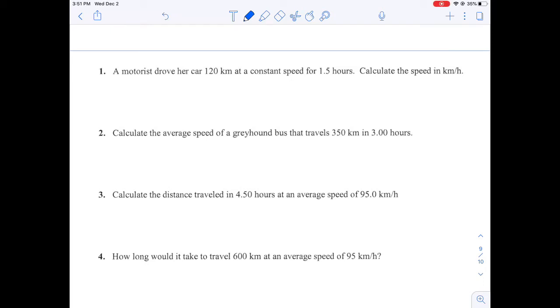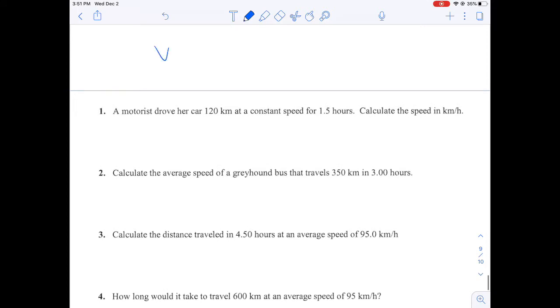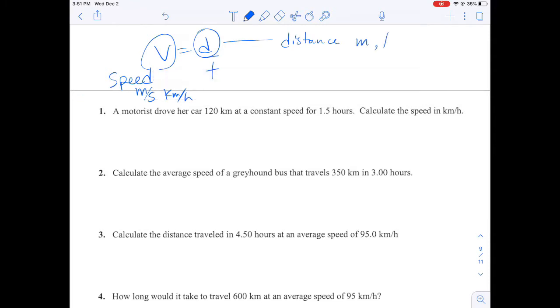In this video, we're going to do a few speed questions. So speed uses the formula V equals D over T. These are the symbols for this. This is speed. It'll be measured in meters per second or kilometers per hour. It's a rate. The D is distance, and distance is going to be measured in meters or in kilometers. And time is measured in seconds or in hours typically. It's possible to have different measurements of time, but those are our typical